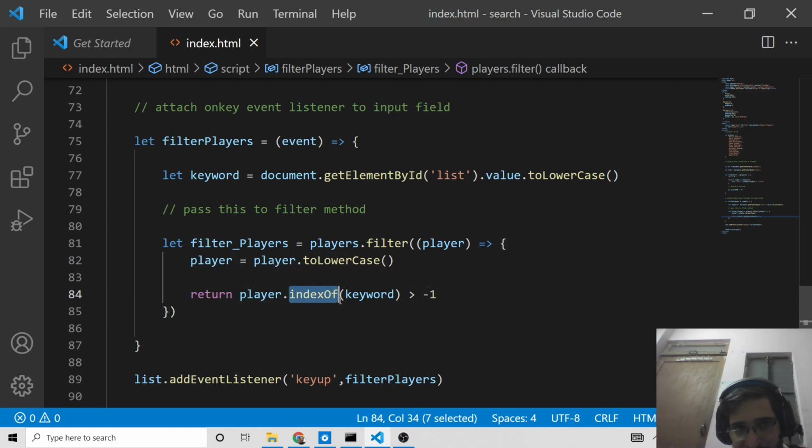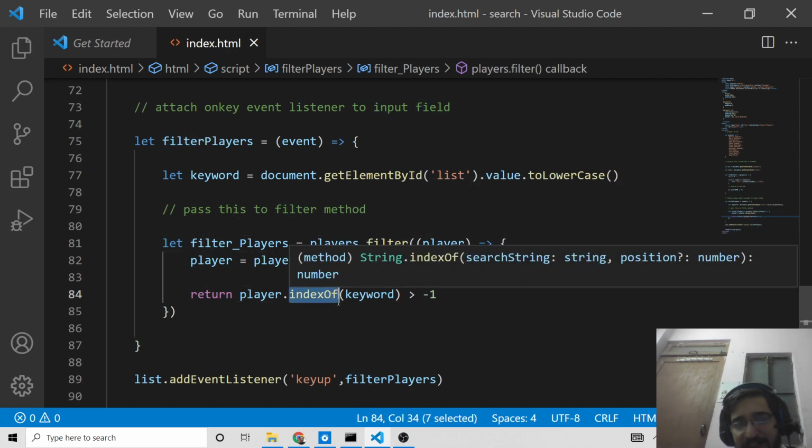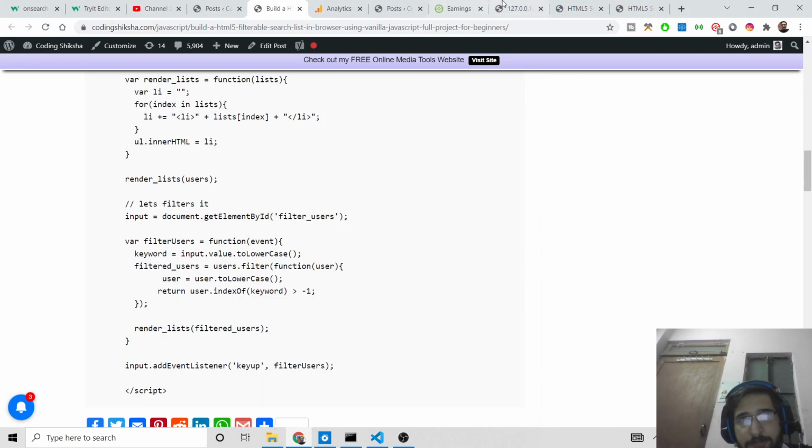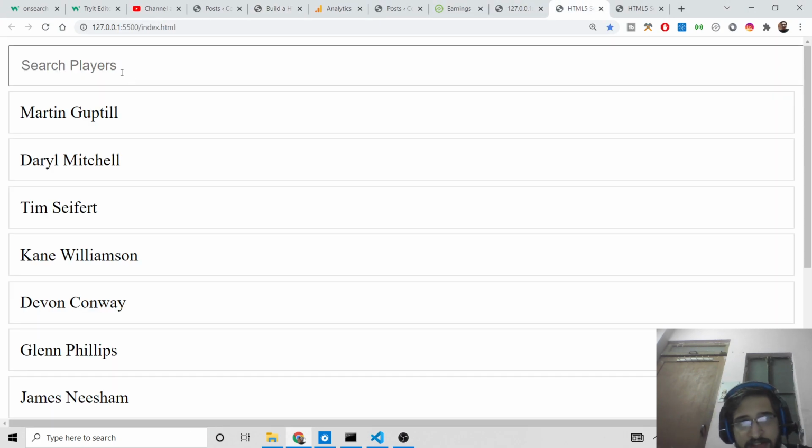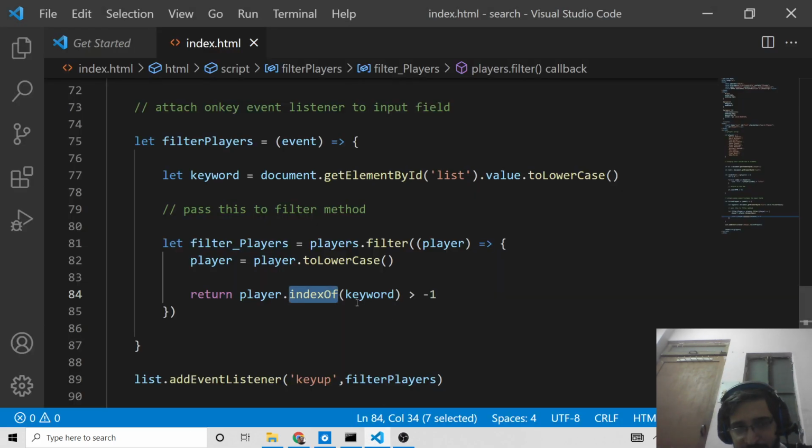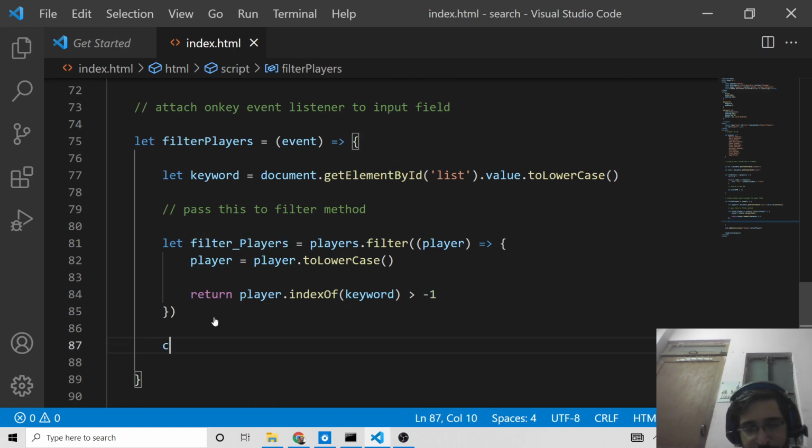So basically this is a function called indexOf. This is a second function that we are using apart from filter. So basically it compares each player with the passed value, which we write inside the input field. So it compares whether the value is equal or not. So then it will display the list accordingly. After that it will return this filtered array, and it will store this inside filterPlayers. So we can also console log this array as well.